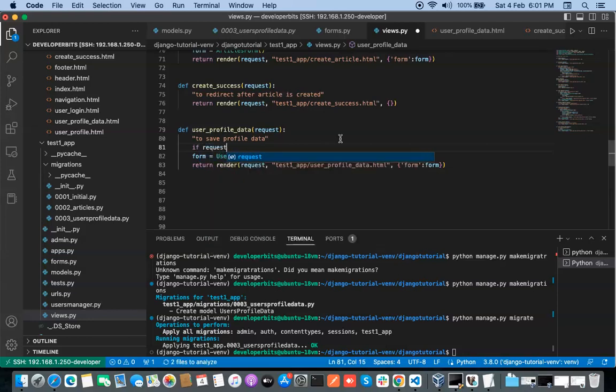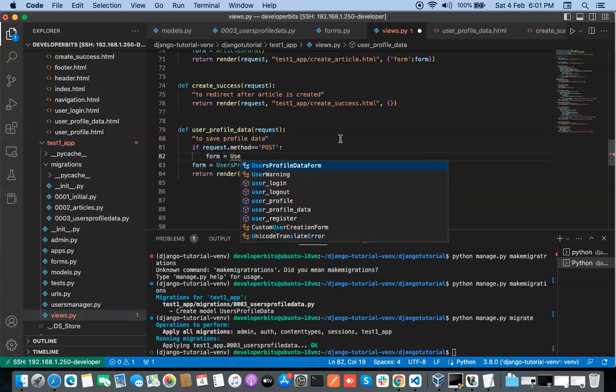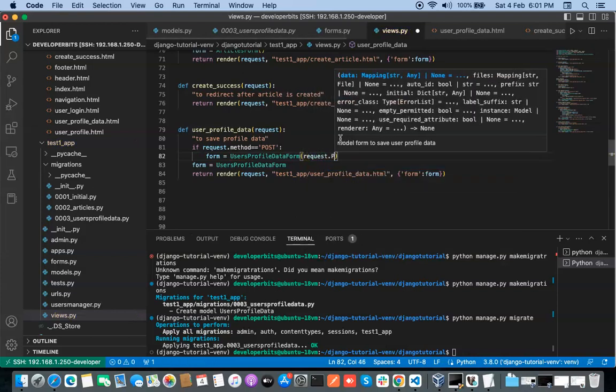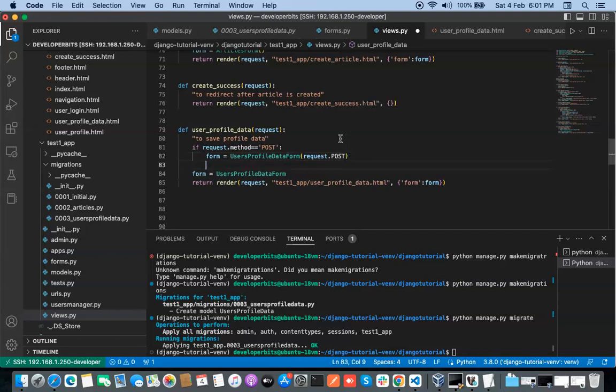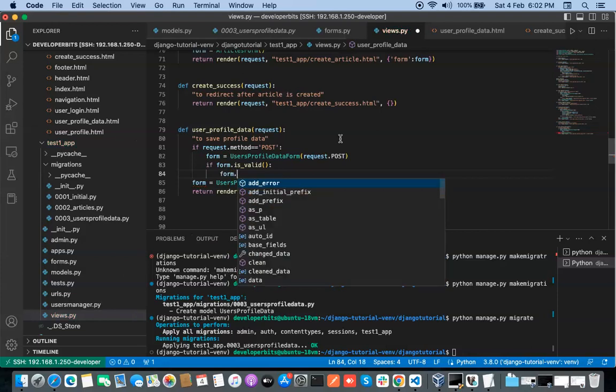If request.method, we need to tell Django that if a user gives a POST request, what we shall do is get the form here. Let us type the name of the form, then type request.POST here, and you need to check if the form is valid, is_valid. So if it is valid, you can save the form